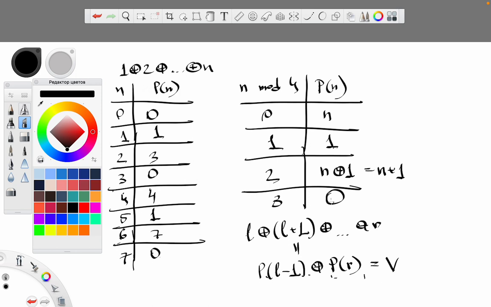And when none of them is like this, it means that it is either n if it is divisible by 4, or it's n plus 1 if it is 2 modulo 4. So we can look at the last 2 bits. It should be either 0 or 3 for v. If it's 0, then both should be of the same type. If it's 3, then they should be of different types. And then